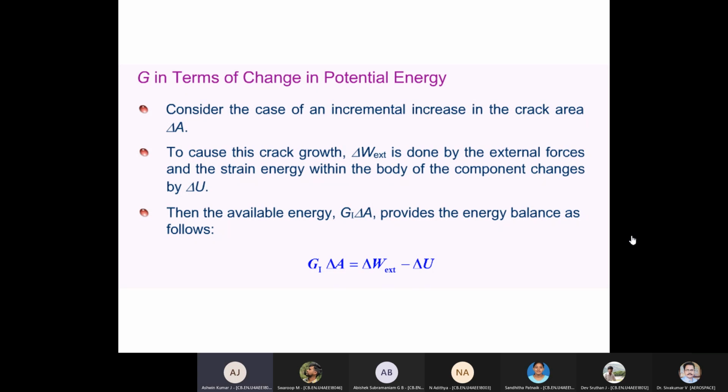Sir, that sigma root, do we have any specific term for that, sir? Once you go through, you will find more. That is MPa root meter only you are thinking. You will get a better understanding once we progress into the subject. This is just an introduction, so we need not discuss more on that, because over the period you will understand better. That is the peculiarity in fracture mechanics.